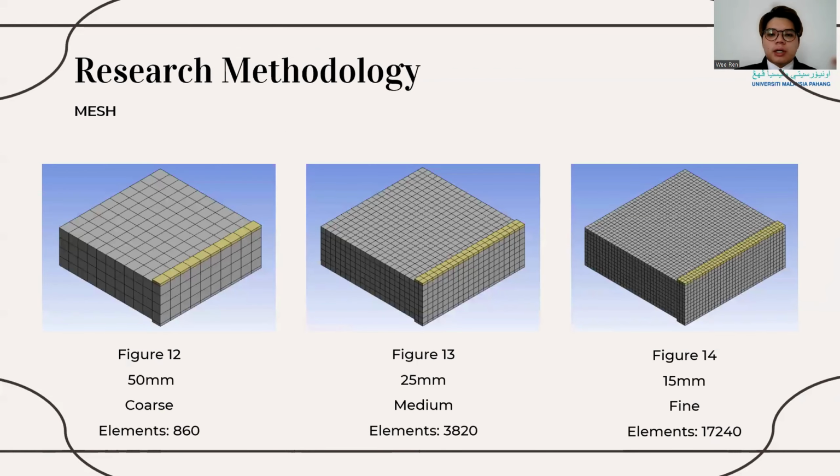Now, I will proceed to mesh sensitivity. Few sizes of mesh have been tried in this study to determine the most appropriate mesh size. Firstly, I start with a coarse mesh, which is a 50mm mesh, followed by 25 and 15. 50mm is not the most suitable mesh, but I am not able to proceed with the finer mesh due to equipment limitation. A low mesh size requires a longer time to simulate the model and high performance equipment.